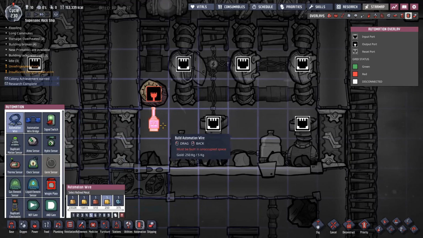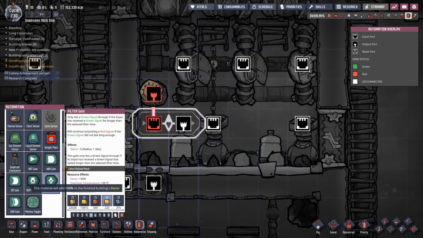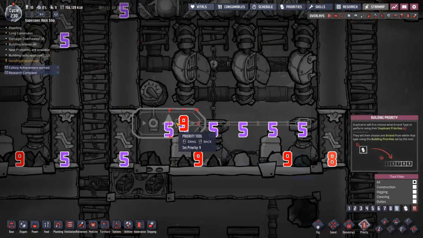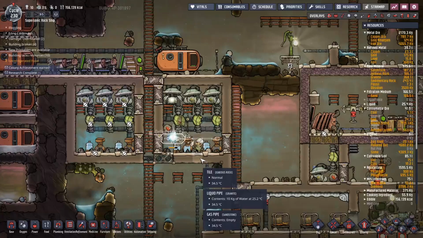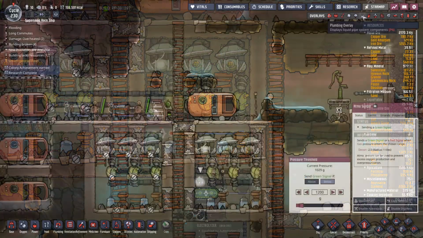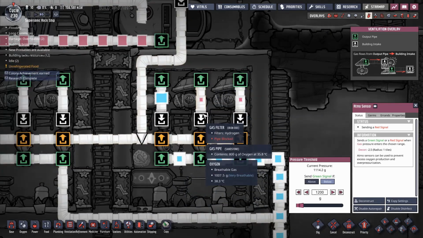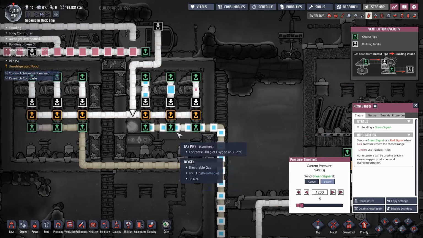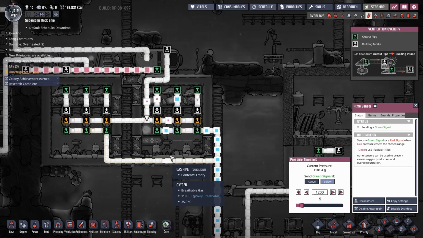Automation wire. We've got enough. Alright. Do that and go. Right, cool. Alright. 5 seconds. I'll try 20 seconds. So that should work. Oh. I think this is the problem where we're just running. So this has constantly got oxygen running through it. Yeah, you see this is...